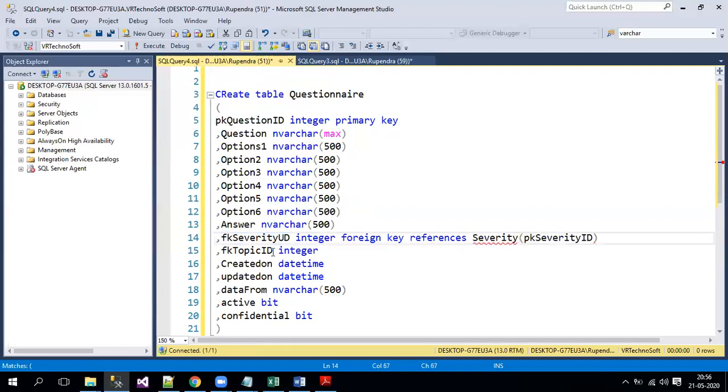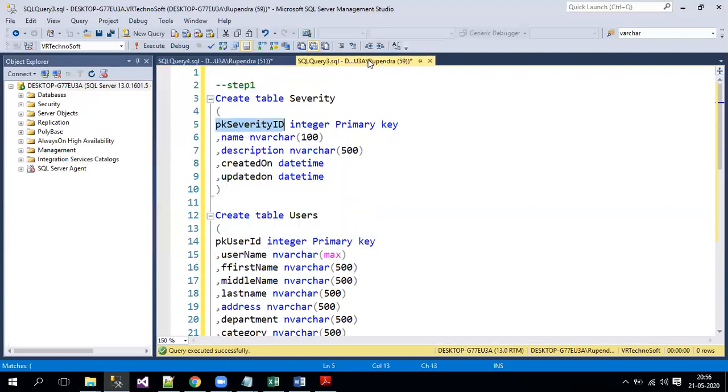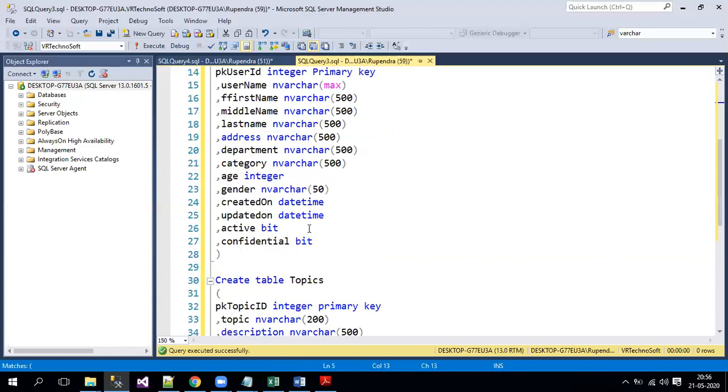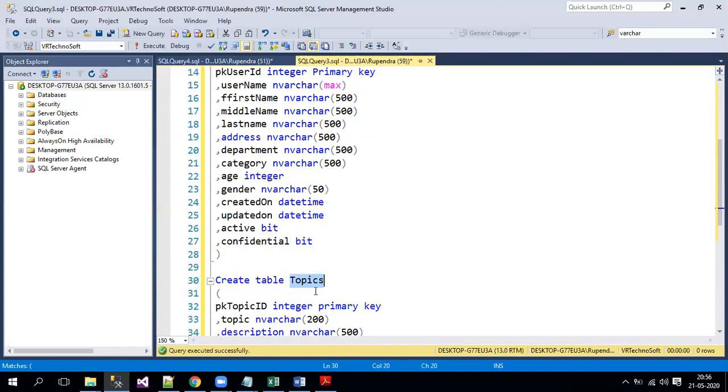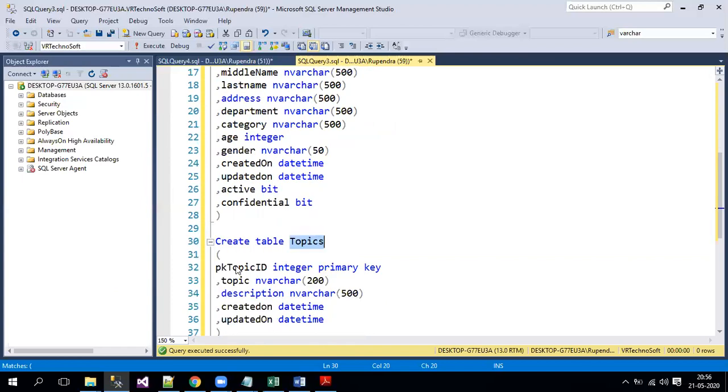Now it requires one more foreign key, right? Okay, so I'll copy the same syntax again, and it depends on the other table, that is topics. Yeah, and it depends on the primary key of the topics table, that is PK topic ID.